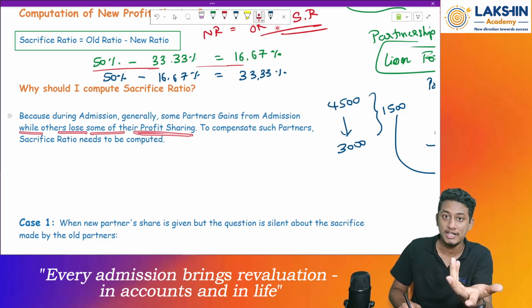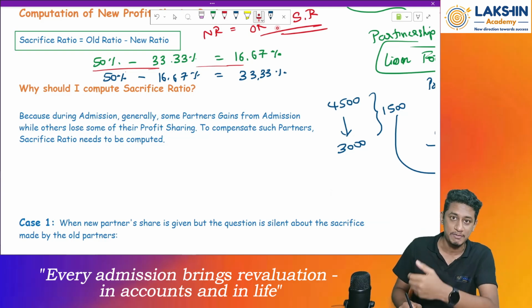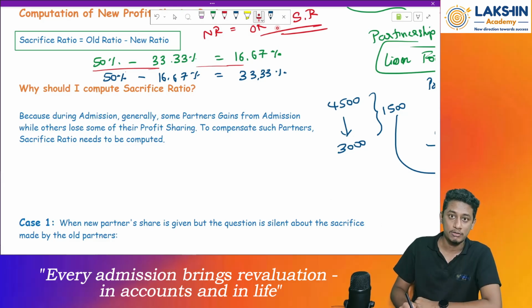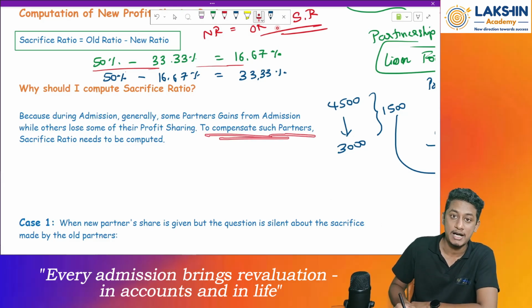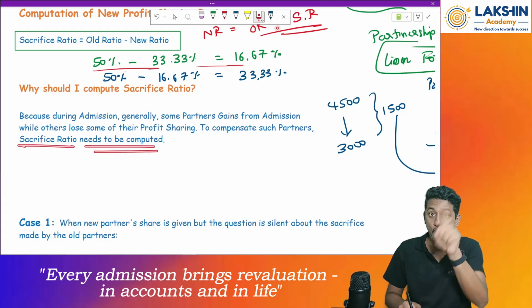Others lose their profit sharing. Who is losing profit sharing over here? Krishna and Karthik both are losing their profit shares because of Chinmay's admission. The new partner has come into the partnership firm, and because of that they are losing now, right? So to compensate such partners, sacrifice ratio needs to be computed. And on this sacrifice ratio,